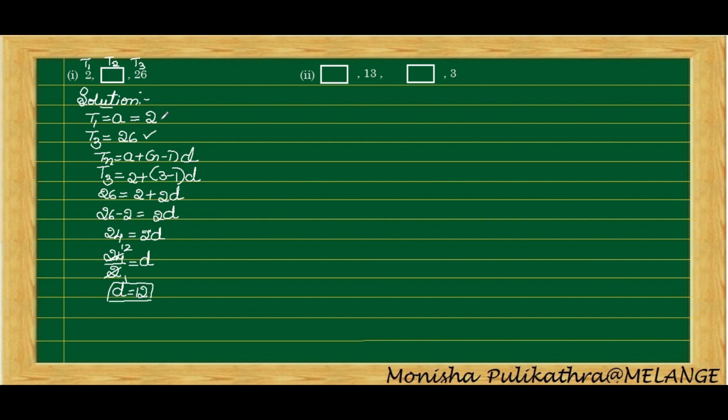We have the value for A, A is 2, and D is 12. But this is not the solution they are asking for. They are asking to find out the second term, right? So next we need to put the formula once again, that is Tn is equal to A plus n minus 1 into D, where we need to find the second term, T2. Here A is 2, which is already given, plus n is 2 for T2, minus 1, into D, which we have found out, that is 12. So T2 is equal to 2 plus 2 minus 1 is 1 into 12.